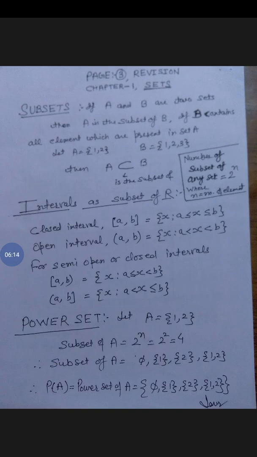Next topic is power set. What is power set? A set of all the subsets. Suppose here a set A is given, contains two elements 1, 2. So how many subsets of A? You will get 4 subsets of set A. What are these subsets? phi, {1}, {2} and {1, 2}. अगर आप इसके ऊपर ही ब्रेसेस का साइन लगा देंगे सबसेट्स के ऊपर, देन इट विल बिकम पावर सेट ऑफ A.